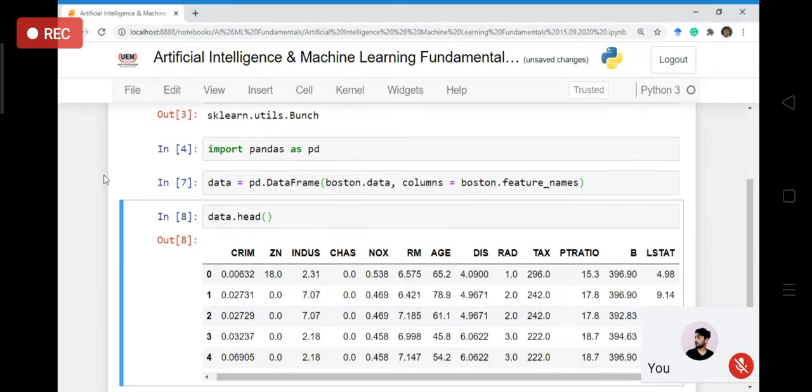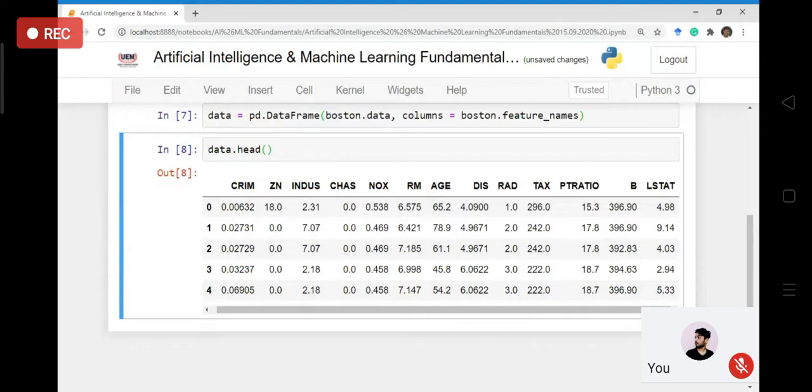Now you can understand that this is the variable which is CRIM, ZN, Indus, NOx, and so on, tax. Maybe some of the headings will be self-explanatory like tax and age. However, some of them are still not clear to us. What is the meaning of them, right? But at least you have some idea of what these things are all about. So for instance, this is the age, maybe, right? This is the tax. So something related to tax paid by a person or maybe a group of persons, something like that.